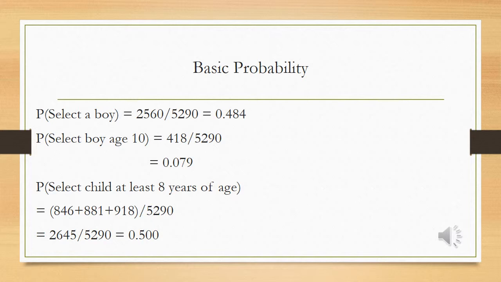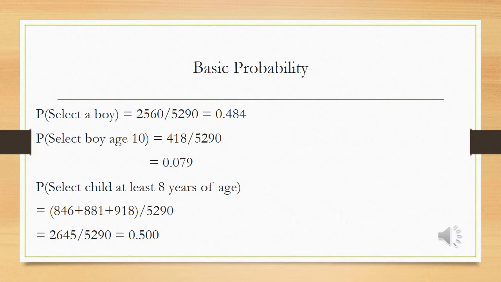As we add up the boys and girls for age 5, we have 846, for age 6, 881, and for age 7, 918, and the total is 2,645, which we divide by the total number of population,